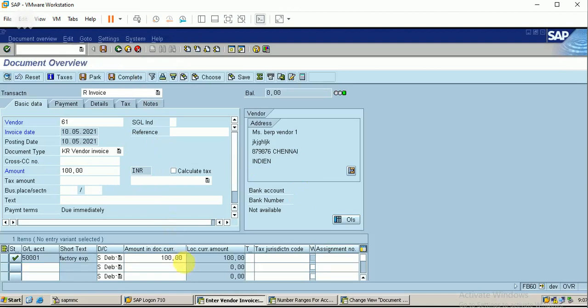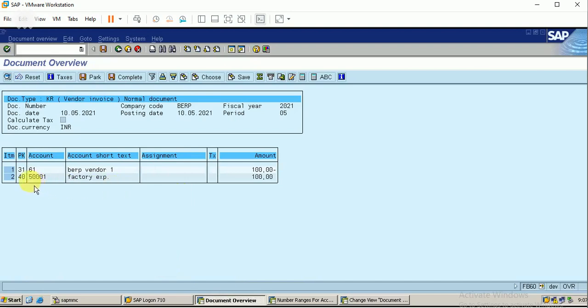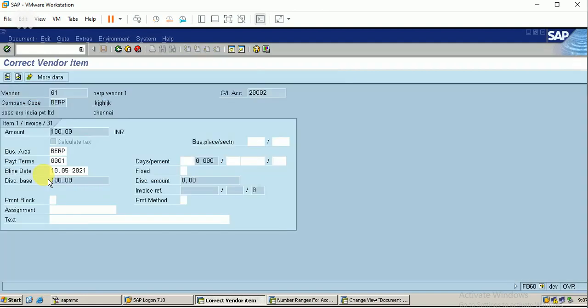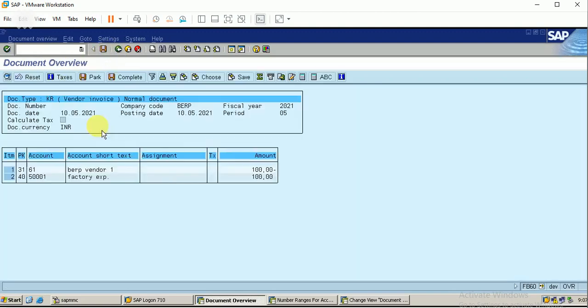Here it shows posting key 31. What is 31? This is the credit entry, and 40 is the debit entry.